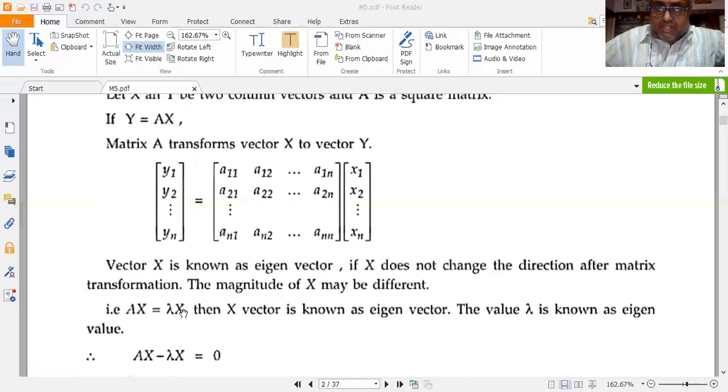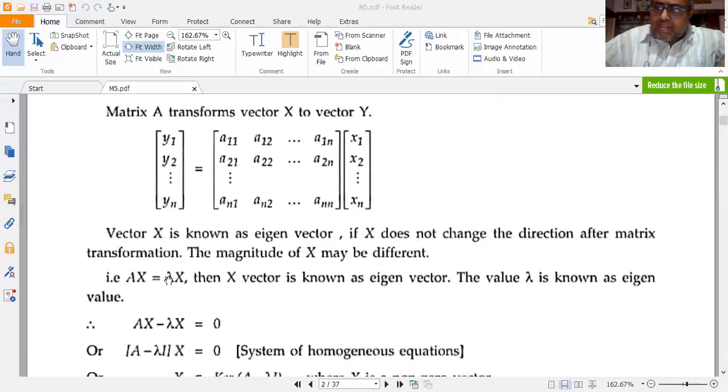Such that capital X is the eigenvector, and the value lambda corresponding to this eigenvector X is called the eigenvalue. Lambda is called the eigenvalue. Eigenvalue is also called the proper value, latent value, or characteristic value. Lambda, the eigenvalue, is a scalar because it has no dimension. It has only magnitude. That's why the eigenvalue is a scalar entity, whereas the eigenvector is a vector entity because it has both magnitude and direction. While solving problems, it will become clearer.